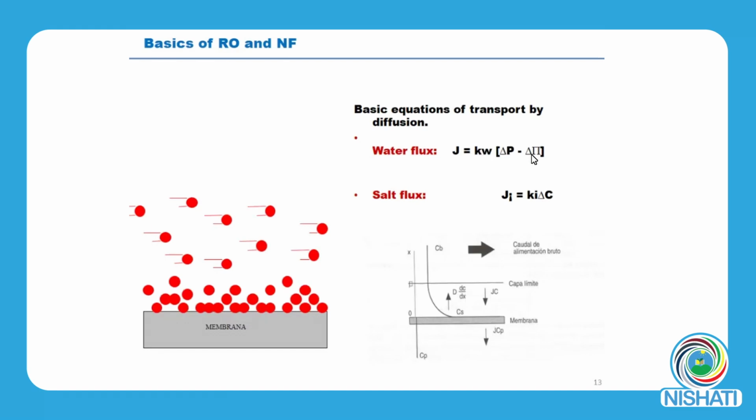The water flux, okay, is related with a constant, the permeability of the membrane, and the difference between the pressure applied minus the osmotic pressure, okay? The higher the pressure applied by the pump, the higher the water flux. And the salt flux, I mean the amount of salt that can pass through the membrane, okay, is related with the constant